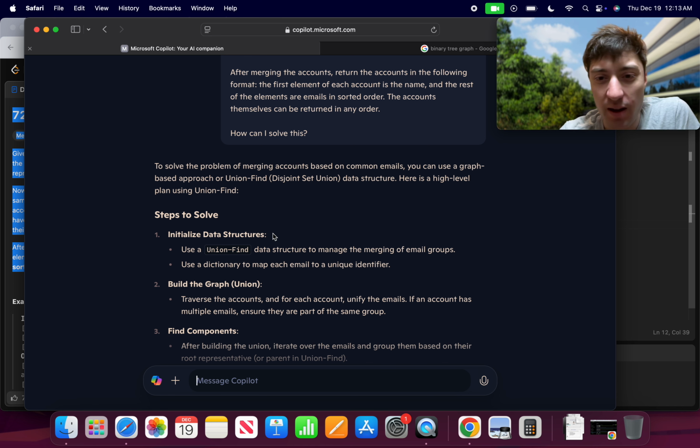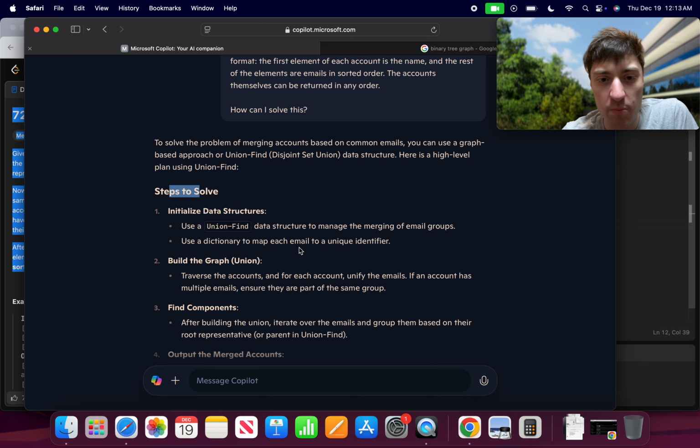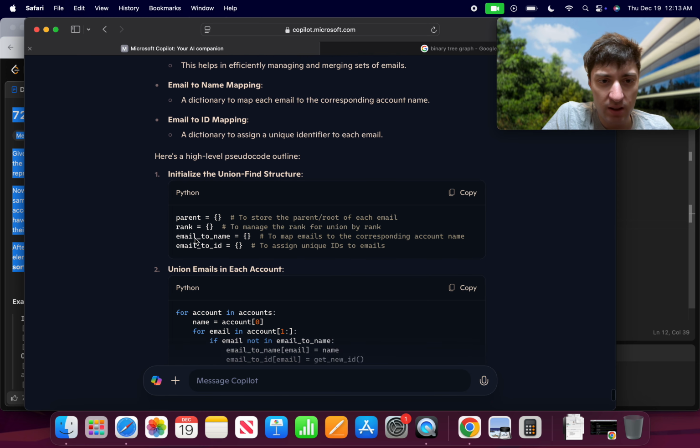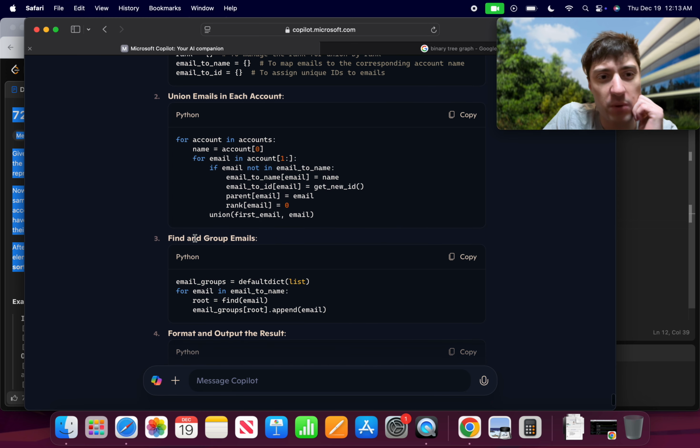So here's a high level plan using union find. Steps to solve. Initialize data structure. Use a union find data structure to manage the merging of email groups. Use a dictionary to map each email to a unique identifier. Okay, I have never heard of a union find. Does it explain what a union find is going to be? For accounts and account,